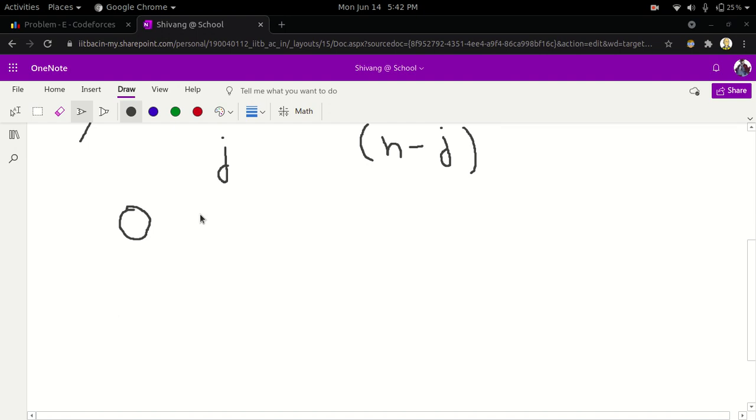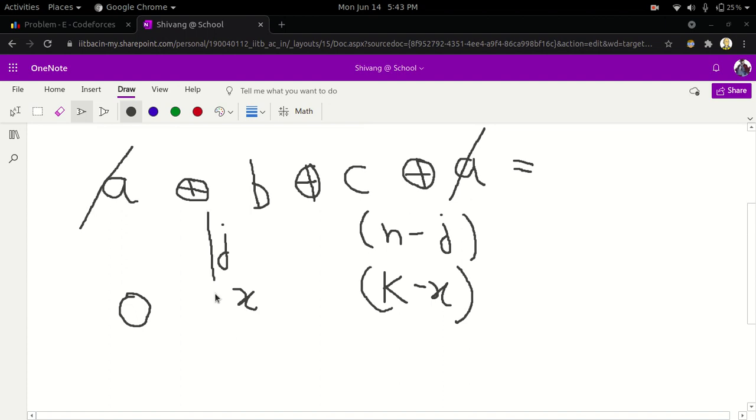Now what happens when we make a query? So let's say we make a query such that the query has x elements which have already occurred an odd number of times. The query must have k minus x elements which have occurred an even number of times, because the size of the query is k. So when we query them and we take the XOR sum, the parity changes, because earlier we had taken them an odd number of times. Now we are taking them once more in the query. So now they have occurred an even number of times. So this is odd, the left hand side is odd and the right hand side is even.